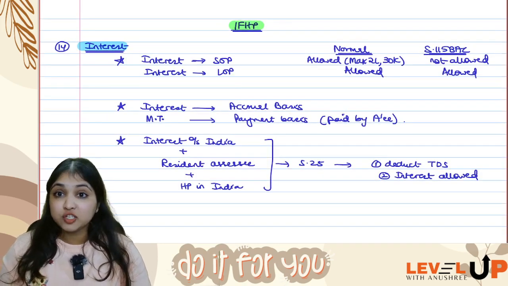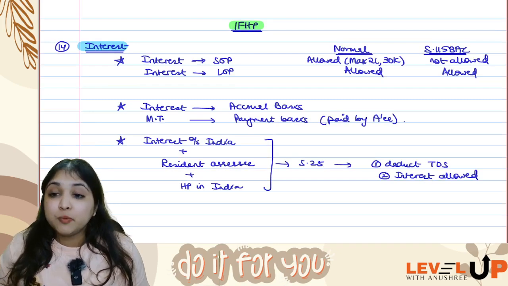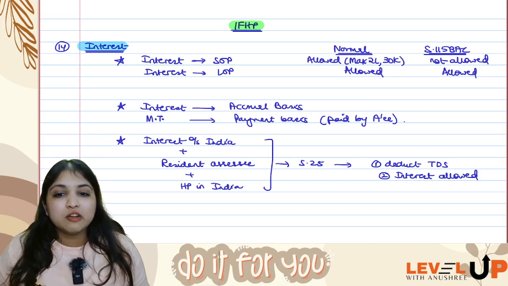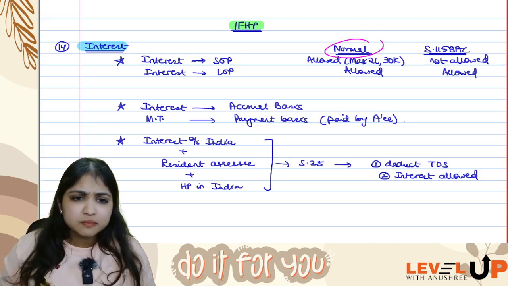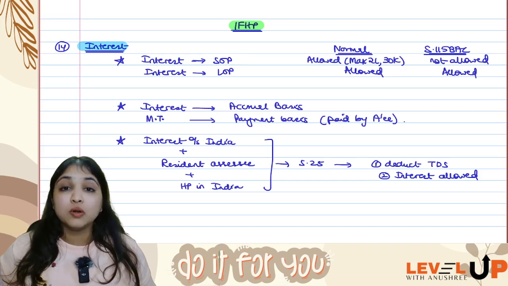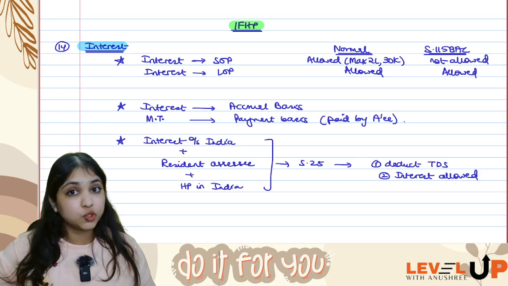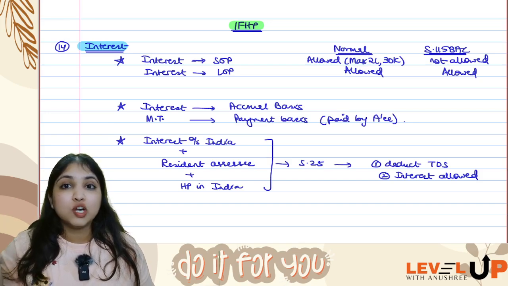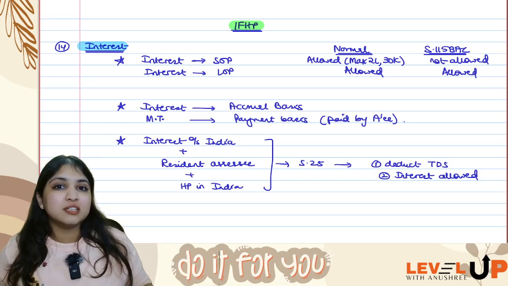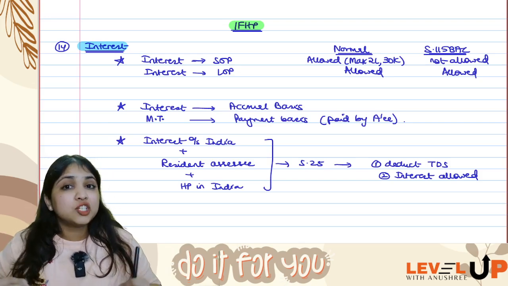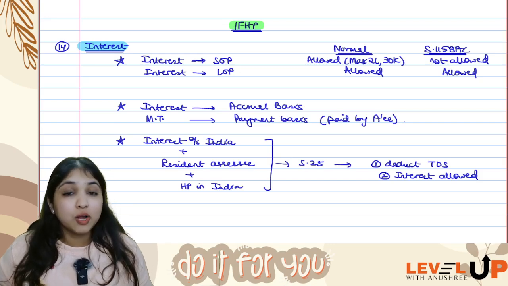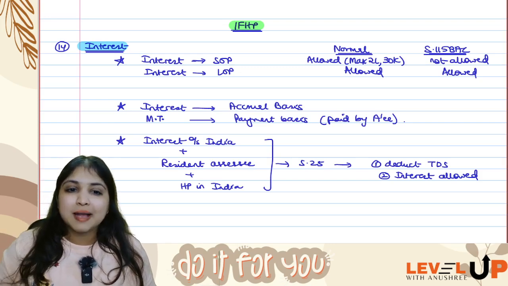Then coming to the IFHP discussion, relating to IFHP, my first point is going to be about interest on borrowed capital, which is allowed under section 24. Now, if my assessee is having a self-occupied property, under normal regime, interest will be allowed, but generally it is allowed maximum 30,000 only. But if 3 conditions are fulfilled, then the maximum is 2 lakhs. The 3 conditions are: condition 1, loan should be borrowed on or after 1st April 1999. Condition 2, loan should be borrowed for purchase or construction of property. And condition number 3, the purchase or construction should be completed within 5 years from the end of the year of borrowing. So therefore, if your assessee is fulfilling all the 3 conditions, the maximum limit will be 2 lakh.